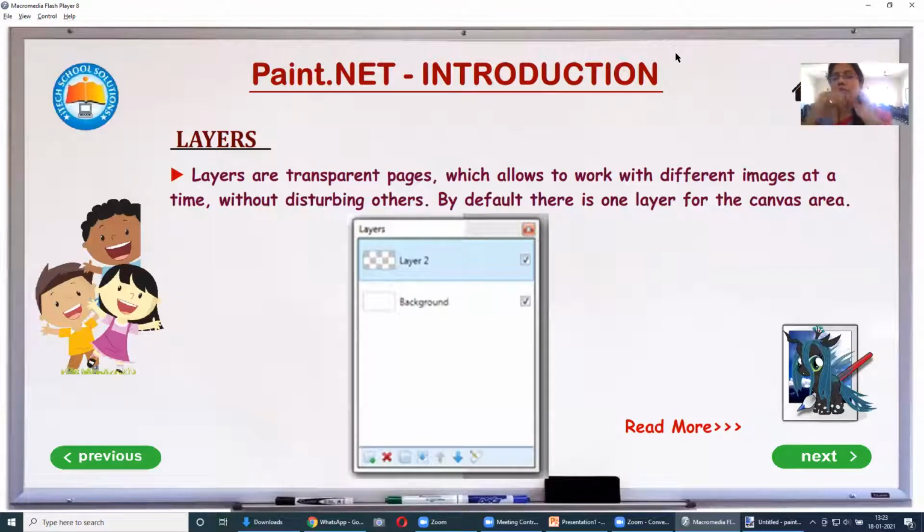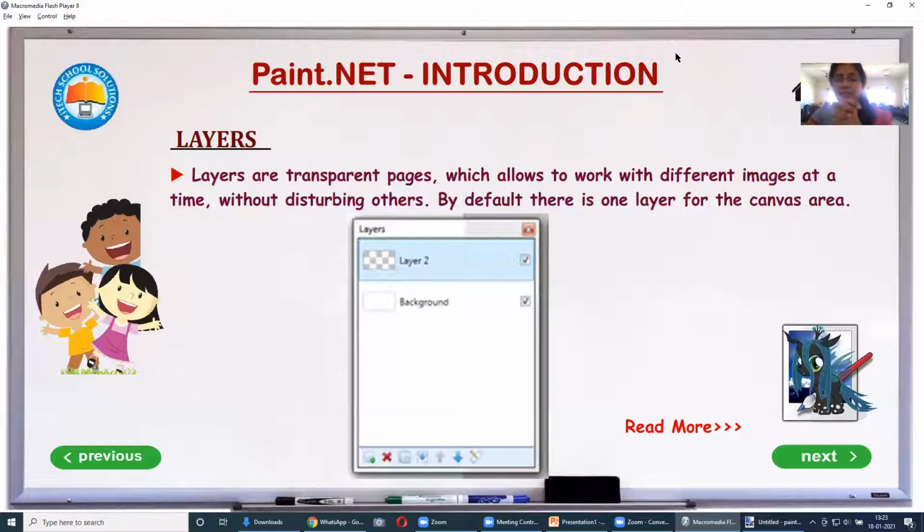Whenever we are doing photo editing, in your mobile also there are n number of apps to do photo editing. Someone will follow one application, some other child follows some other application as per our comfort, but every application will have a few similar tools, correct? So in photo editing software on laptops or computers, we have something called layers, which is very important, and it is most important for a child to know this perfectly.